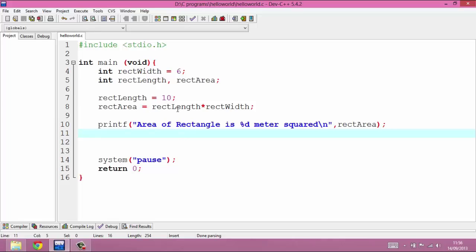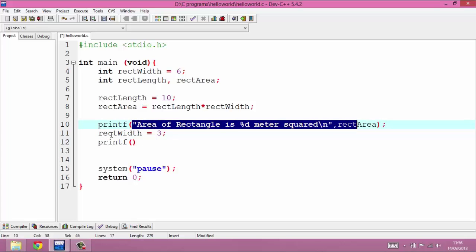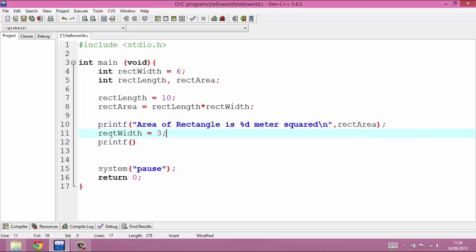We've set this value to 10 and then we've multiplied the answer. What I can do is change the rect width to a 3. So I assign it the value 3, and I can then do a printf. I'm going to deliberately do something which is not a compiler error, but is not doing the program the way we plan to do it. So I can say Control V,